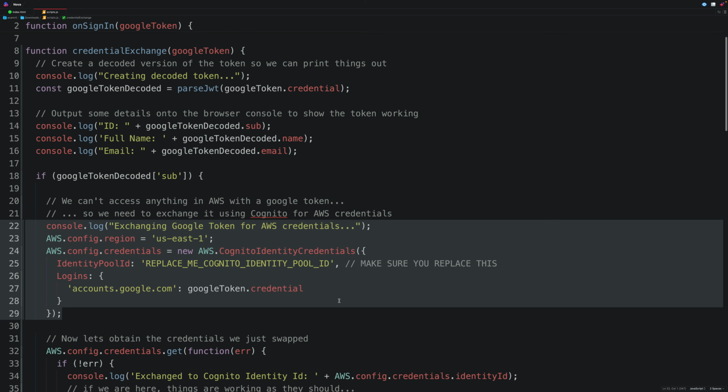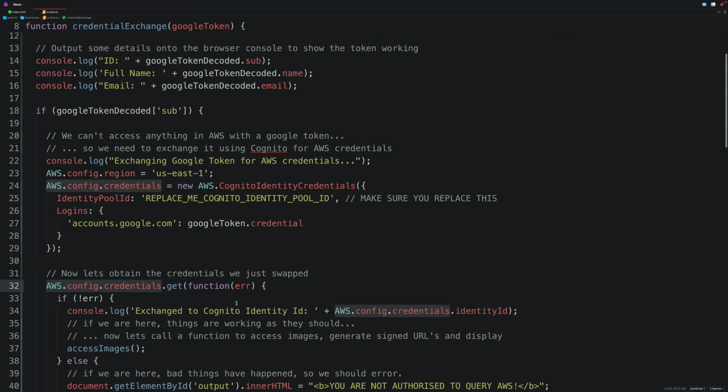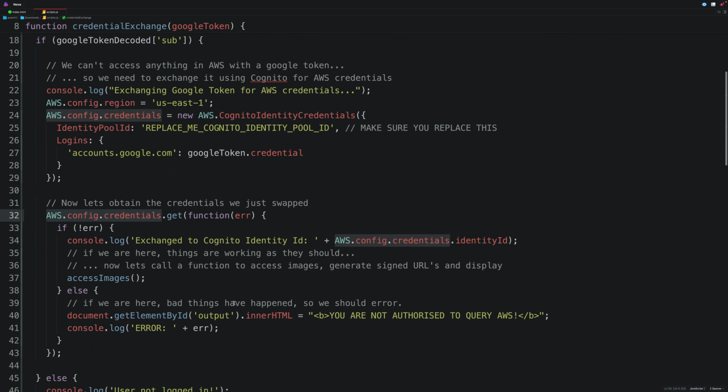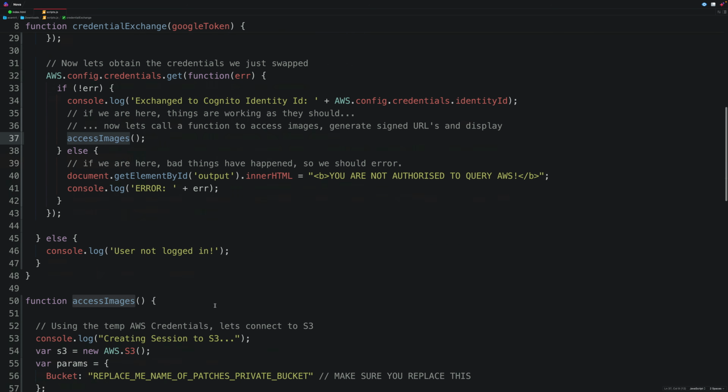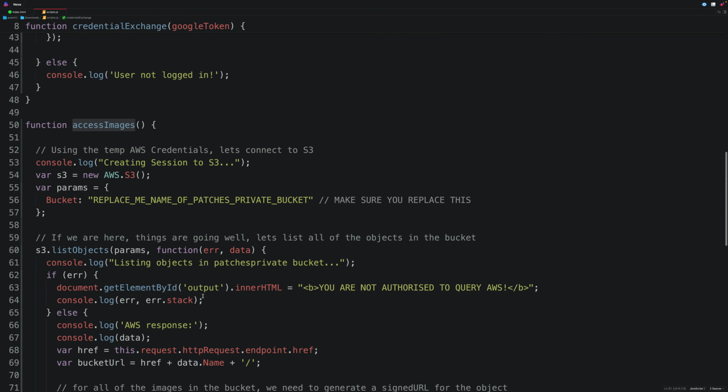So at this point, we have valid AWS credentials which have been returned by Cognito, and these are stored in the aws.config.credentials. So now we've got the ability to interact with AWS. We run this access images function, and this is the function that connects to the S3 bucket, and it uses those credentials.